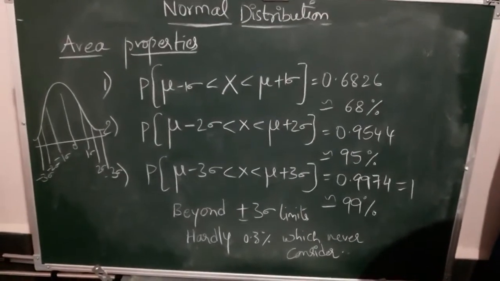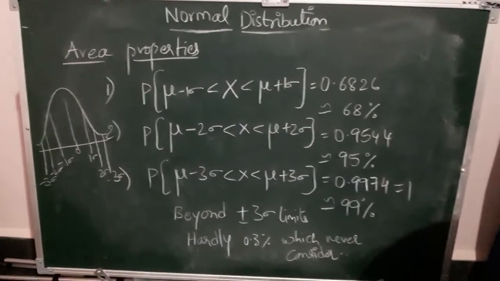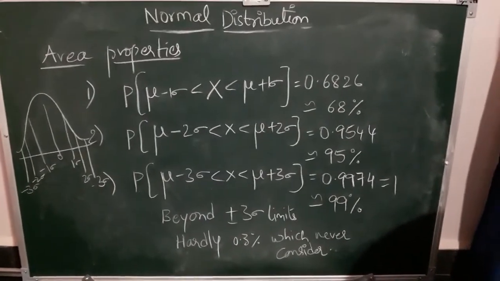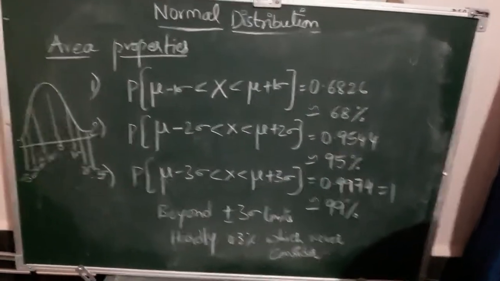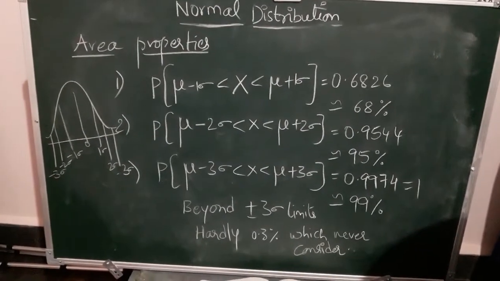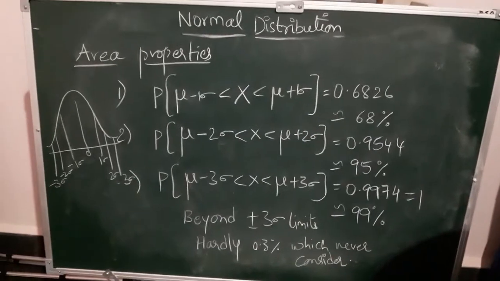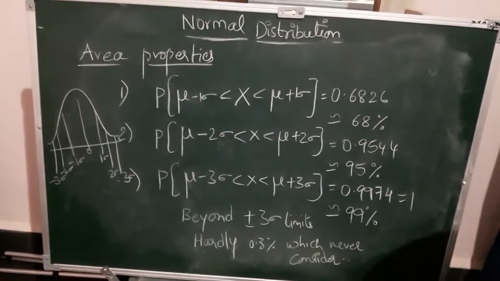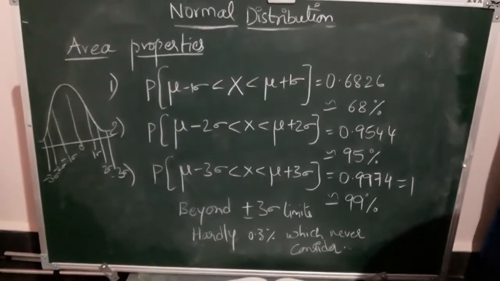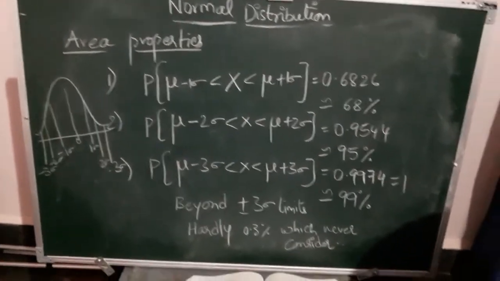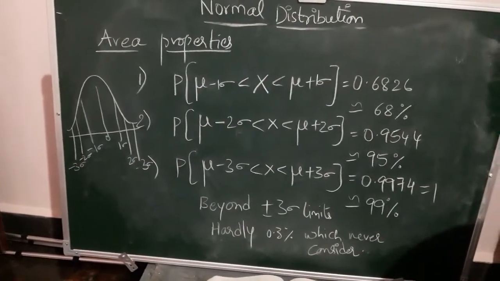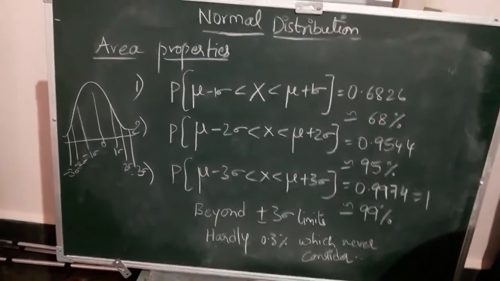Next, property number 7. The curve has points of inflection at mu minus sigma and mu plus sigma. Inflection points are where the curvature changes. The curve I have shown you, just look at the previous video. And property number 8. The odd order moments will always be 0 in a normal distribution because the curve is symmetrical, where the mean, median, mode coincide at the origin, 0. That's why the odd order moments are always 0. Now the even order moments: mu 2r equals 2r minus 1 into sigma power of 2r, where r equals 1, 2, 3 and so on.